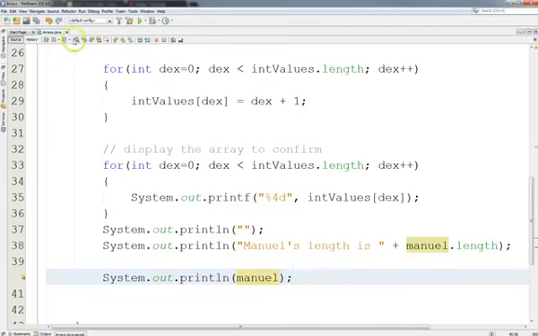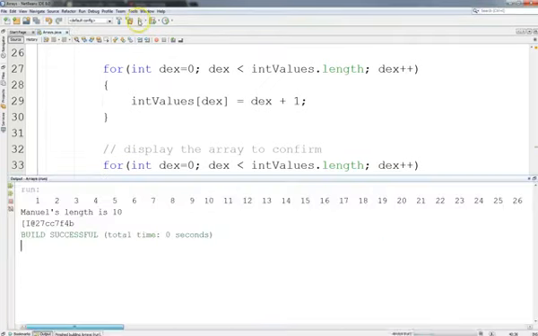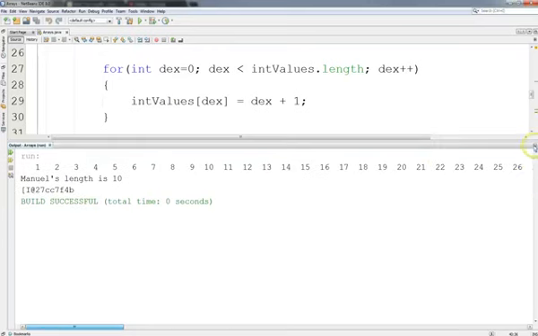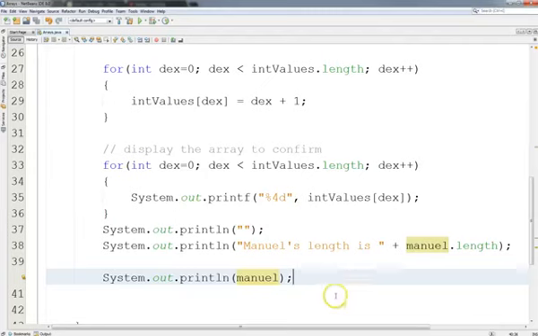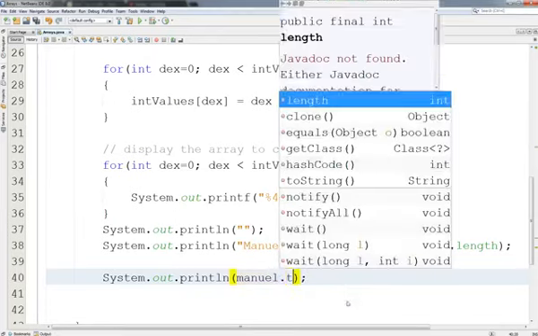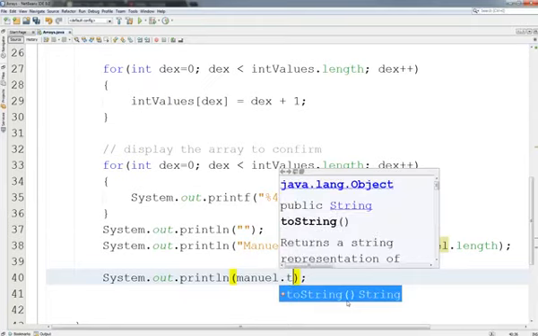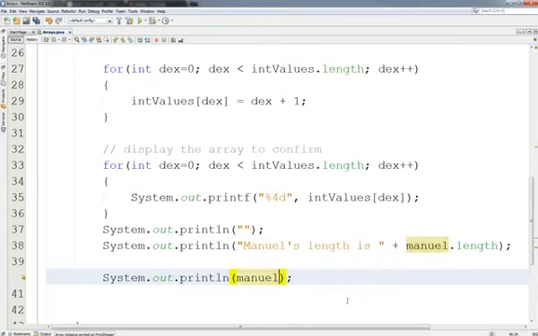So again, we'll just run the code. I'll show you what it does. Oh, so what this did is it printed Manuel's hash code. That's not what I expected it to do. But I know that what I forgot to do was call the .toString method here. And I can do that in two ways. I can do it deliberately, or if I do this,